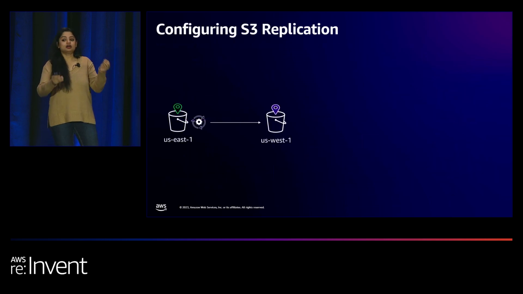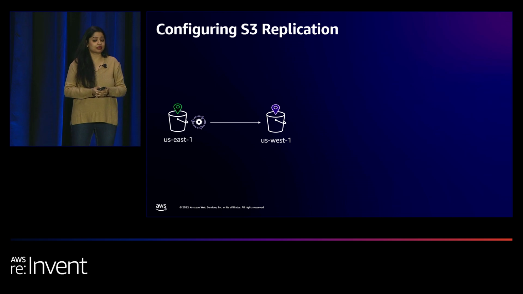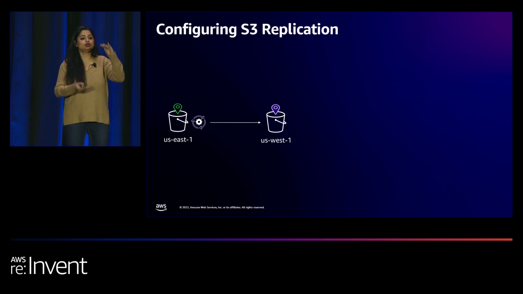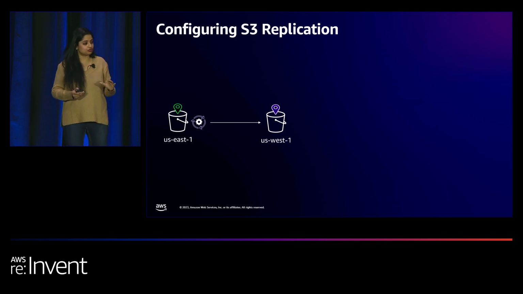To create a secondary copy of your objects or to start replicating data, you first need to configure a replication configuration on your source bucket. This configuration can apply to your entire S3 bucket, or you may choose to replicate selectively using prefixes and object tags. Each configuration can have multiple replication rules, and each rule can have different settings enabled, like replication metrics, delete marker replication, replication time control, and so on.